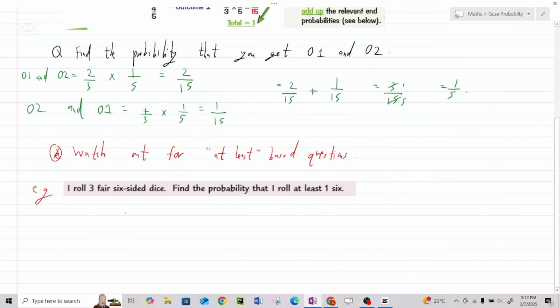Let's say I roll 3 fair 6-sided dice. Find the probability that I roll at least 1 6. At least, where's the probability? I wrote at least 1 6. Now, instead of finding the probability of at least 6, you're going to have a formula like this: probability of at least 6 is equal to 1 minus probability